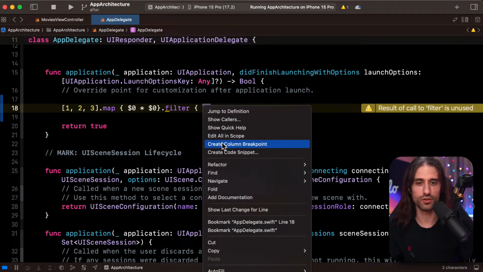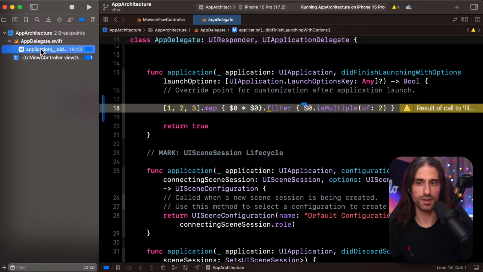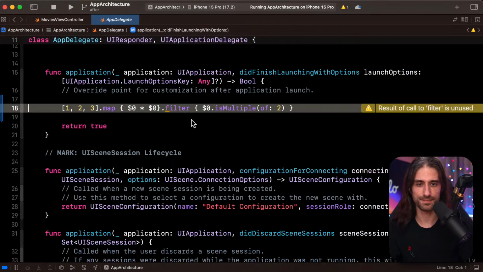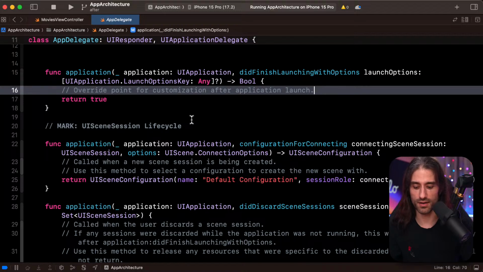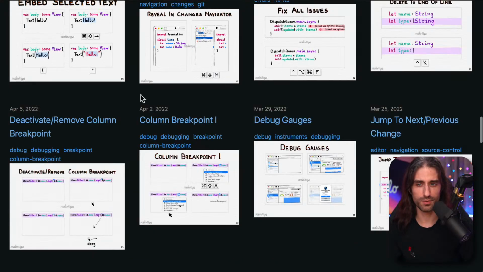And then you can just drag it to remove it. Let me show you just to make sure. If I do Command 8, the breakpoints also appear here. So you can also control them from the dedicated inspector and remove them from there. So basically, they behave just like regular breakpoints would. But it's good to still point it out.